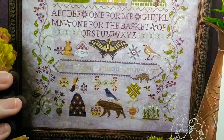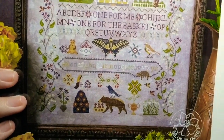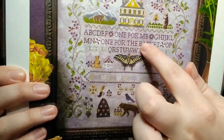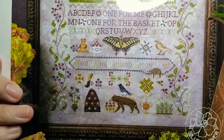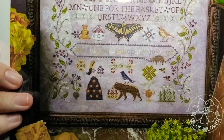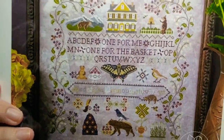I think that was the cutest thing I've ever seen in my whole life. And there was something up here, I thought that was just an alphabet, and it says one for me, one for the basket. I just want to do this exactly as it is on here because I think this is beautiful. This is another one. Originally I was like, yes, Mania, I'm gonna start it, but probably not Mania